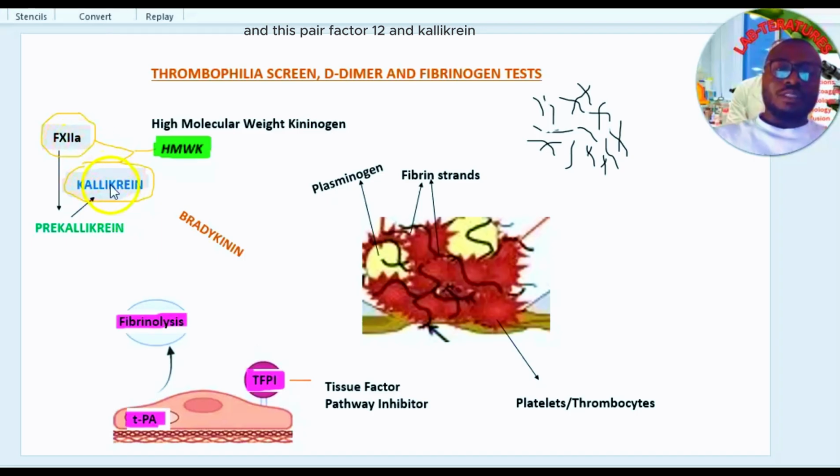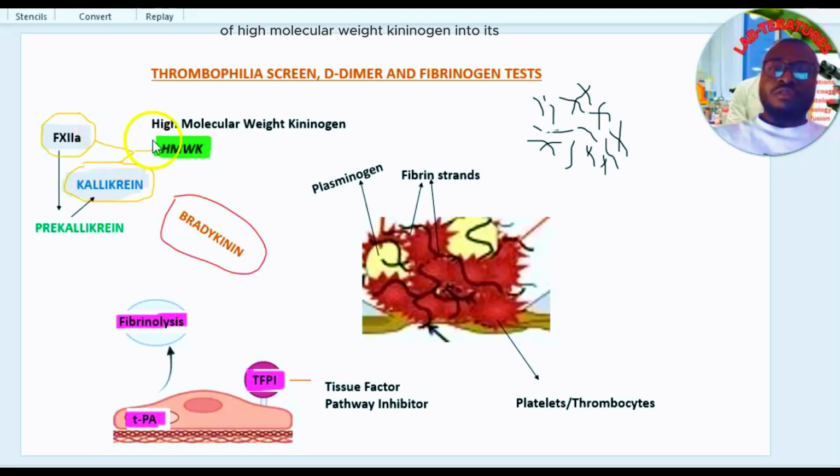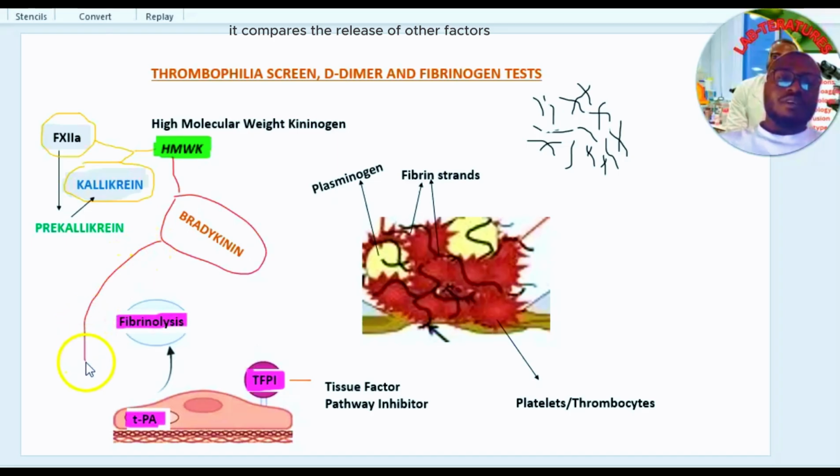And this pair, factor 12 and kallikrein, will now cleave the high molecular weight kininogen into a stimulus, and this stimulus is called bradykinin. So the conversion of high molecular weight kininogen into its stimulus is performed by a conjunction of factor 12 and kallikrein, and we obtain this bradykinin. Now, what does this bradykinin do? Just as I said, it's a stimulus, and when a stimulus is released, it promotes the release of other factors